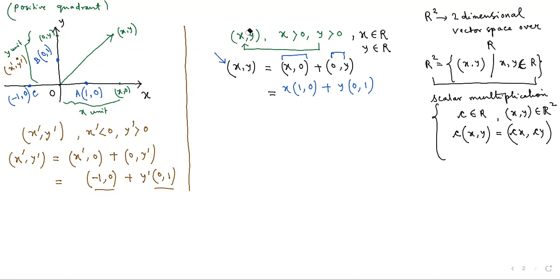Suppose the value of the x prime is negative. Now, if x prime is say -2, for example, then I am talking about this numerical value only. We can give it another name. So if I'm talking about this -2 point, then I can write it as -2 into 1, 0 plus 2 into 0, 1. I think this will be good.